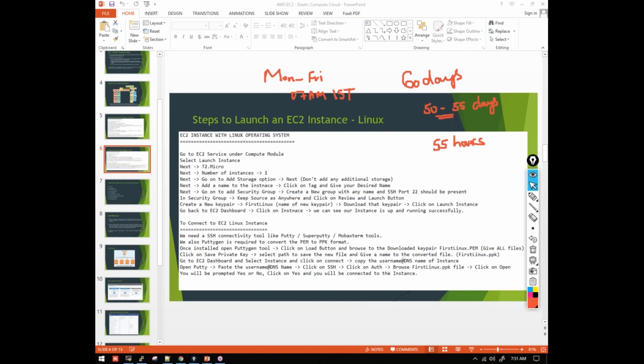I'm going to share that document in Word format in the Google Drive. Apart from that, the resumes required for creating your resumes for DevOps jobs, and a lot of other things will be coming up. The cheat sheets and all the commands will be shared with you in the Google Drive. Thank you, sir.